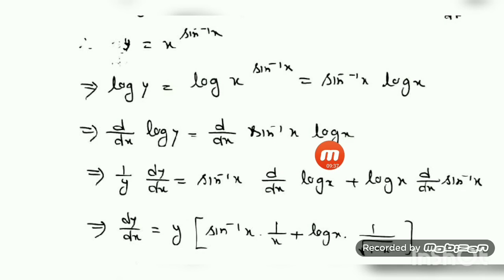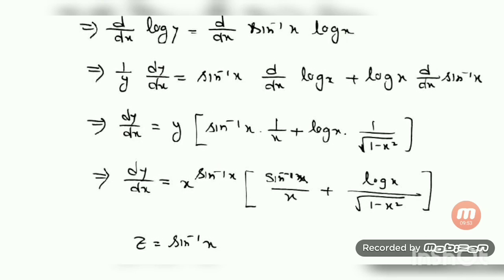You have to use the product rule here. So you will get sine inverse of x times d/dx of log x, plus log x times the derivative of the first function, that is sine inverse of x. So dy/dx is equal to y, you just bring it to the right side, because y you have considered yourself. So substitute the value of y ultimately. Sine inverse of x and d/dx of log x is 1 by x. This is log of x and the derivative of sine inverse of x is what? 1 by under root 1 minus x square.